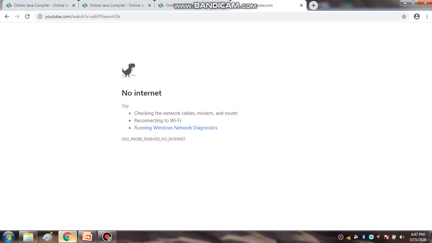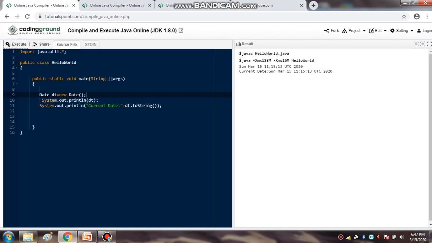Here I am showing an example using the online Java compiler. Now here I have used the util package. That means by import java.util.*, I have imported all the classes and interfaces within the util package. So all the utility classes have been imported here. Now within the particular class named HelloWorld, within the main function, I am defining an object of a particular class named Date. So Date is a particular class that is used to retrieve the current date and time. So here I am retrieving the current date using the Date class.